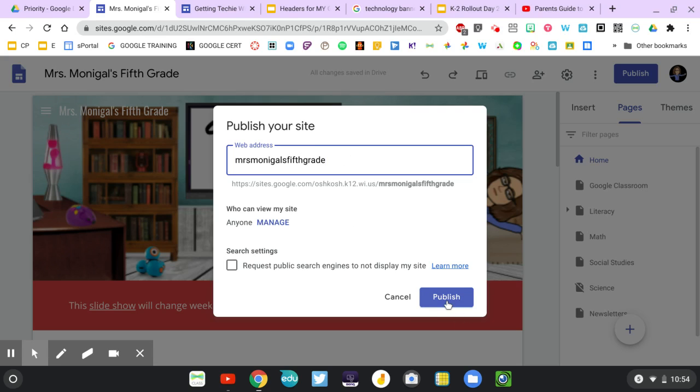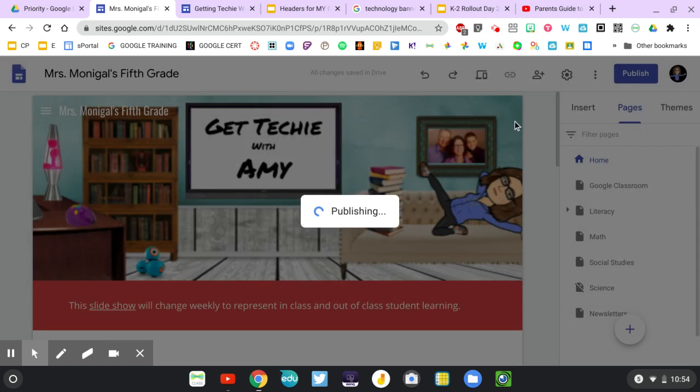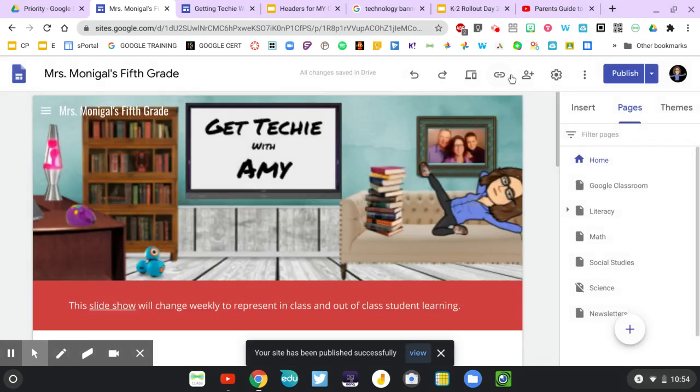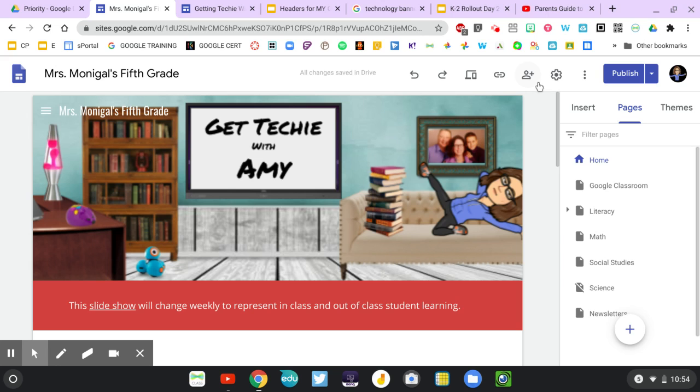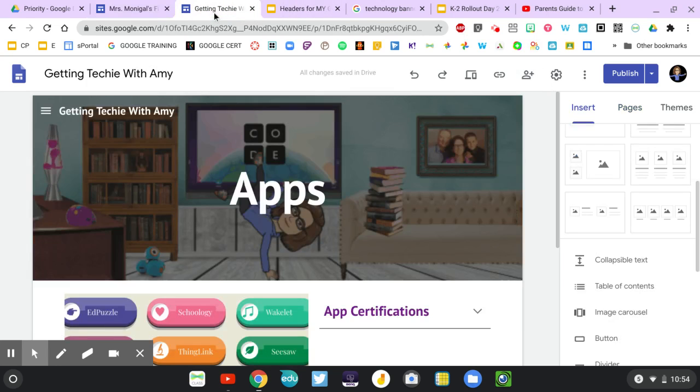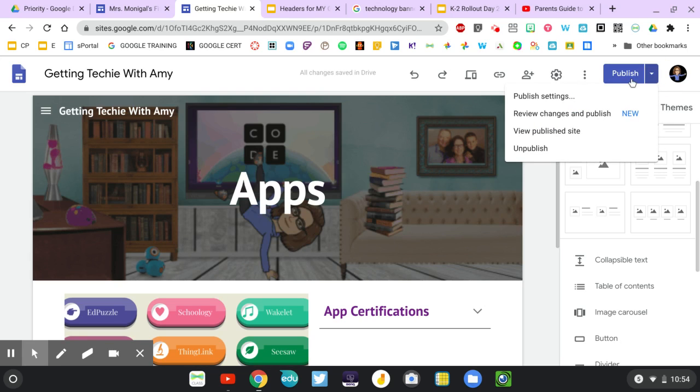When I press this button, it'll be officially published. I can share that published link then with anybody, copy published site link, and that's what you'd use to share with your parents. Don't use this share button unless you want somebody else to be an editor of your site. Over on my site, when I click publish,